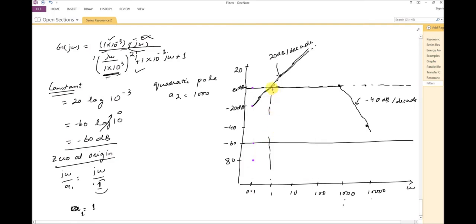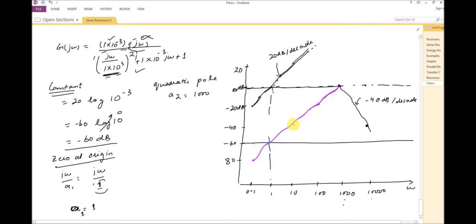Then we will calculate at this point. At this point, both the curves, for the zero at the origin and for the quadratic pole, are 0, and for the constant value it is minus 60. The line will start passing from here. At this point it is 20, 0 dB, and minus 60. So plus 20 minus 60, it will be minus 40, so it will start increasing in this direction, right? So it will go till 1000,